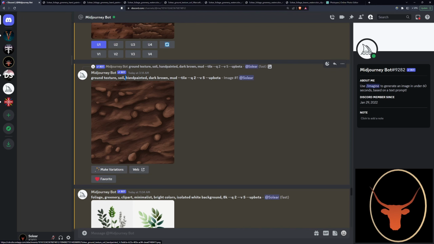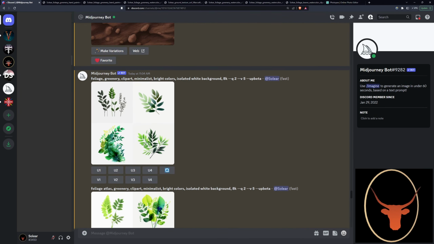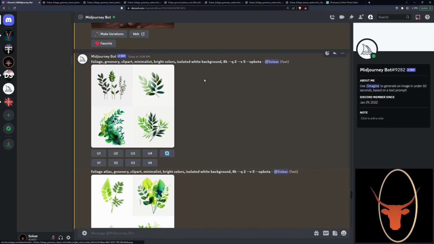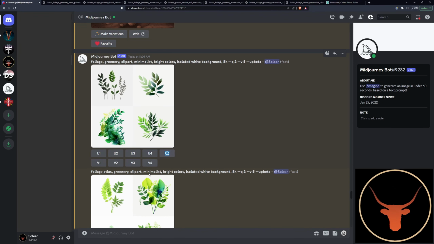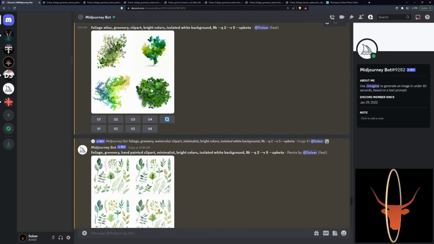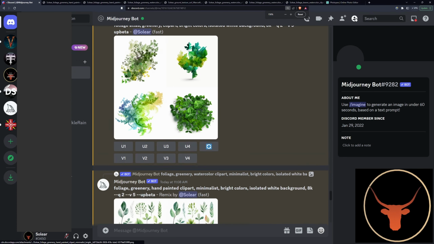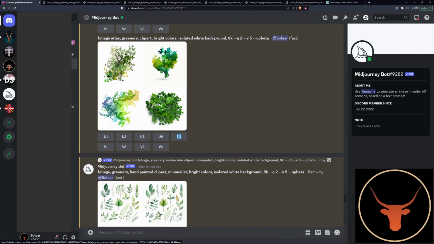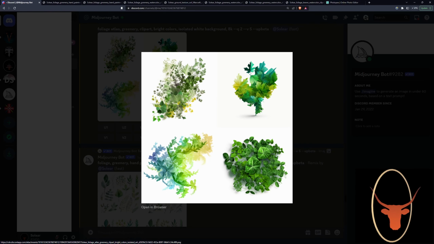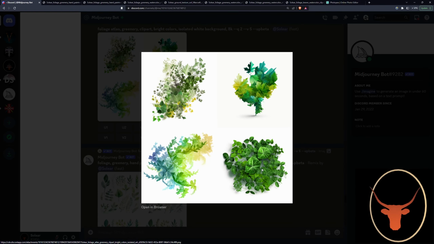I specifically went for hand-painted ones, but you know, you can do any variations. Then I tried to change up the prompt here to get some more realistic results from the foliage, but changing it from watercolor clipart to just clipart will result in one picture for some reason and not an atlas. I had to get back to it. So you can definitely use stuff like, let me zoom this one out a bit. So this one you might be able to use as like a ground foliage,